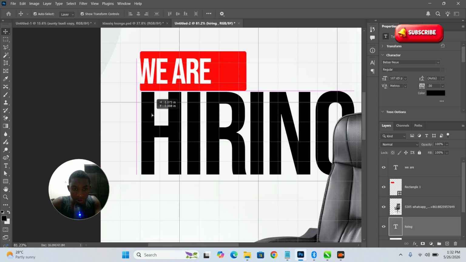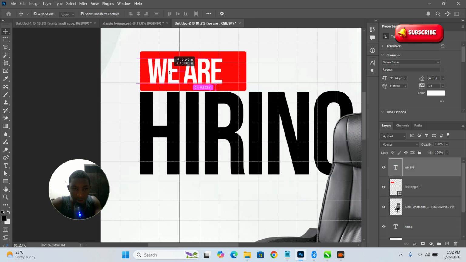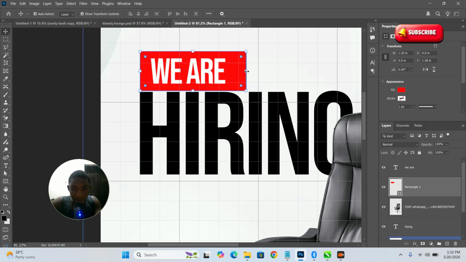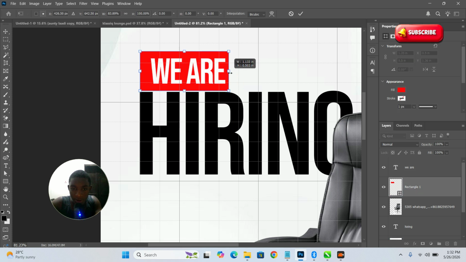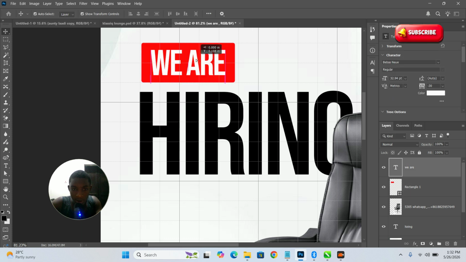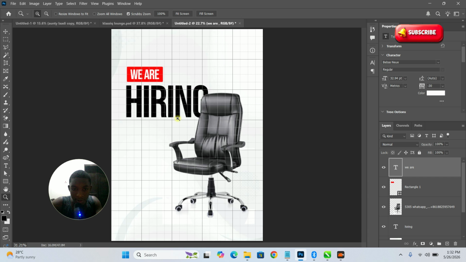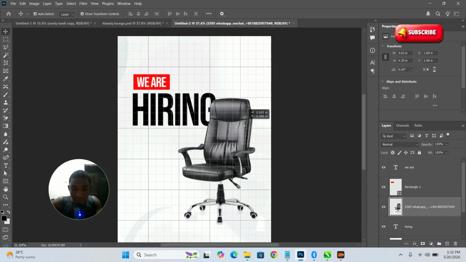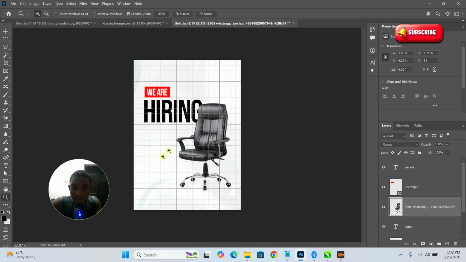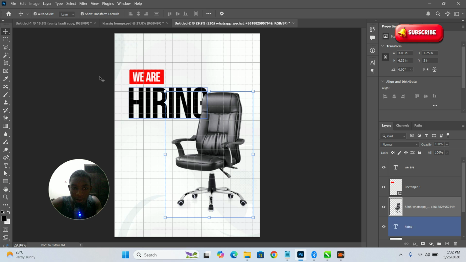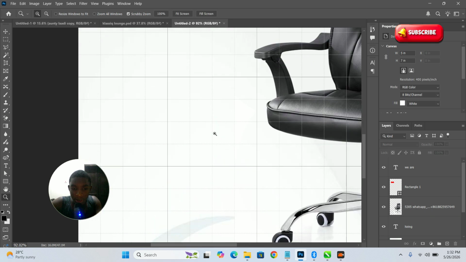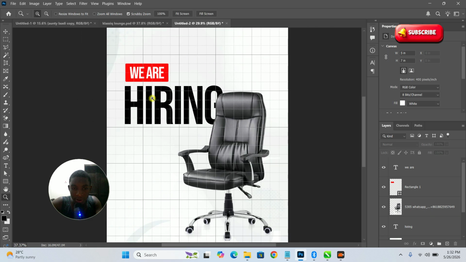I want us to work with grid so that we'll know that from here you can press shift so that you adjust it to any aspect. You can adjust like this. So the essence of this grid is to make sure that your design is working perfectly. Then from here we can now